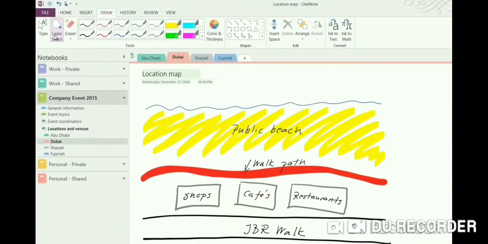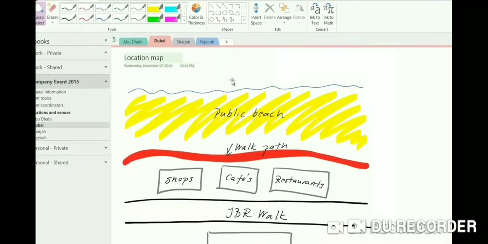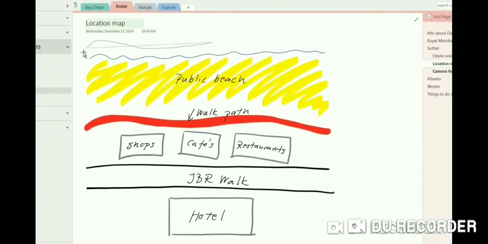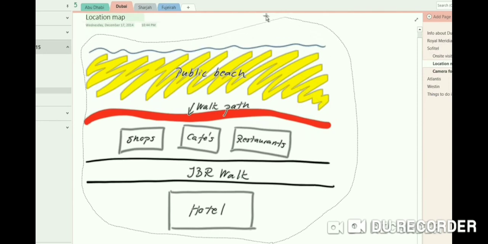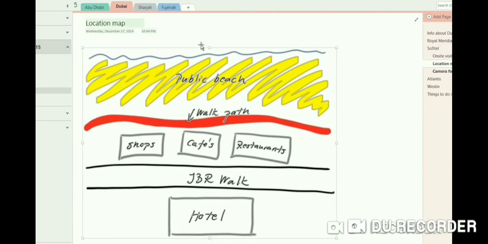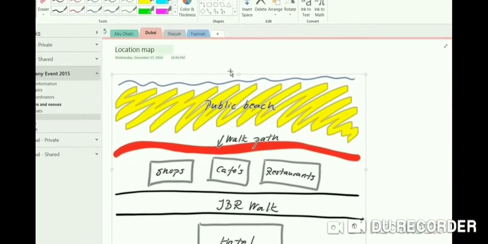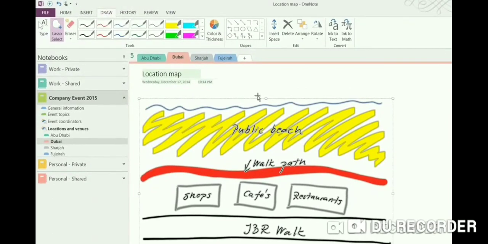So lasso tool, select the lasso tool in the right group. Now the pointer changes into a crosshair symbol. Drag the mouse to encircle the part that you want to select. A faded selected region appears around the object. Now you can copy that selected part.